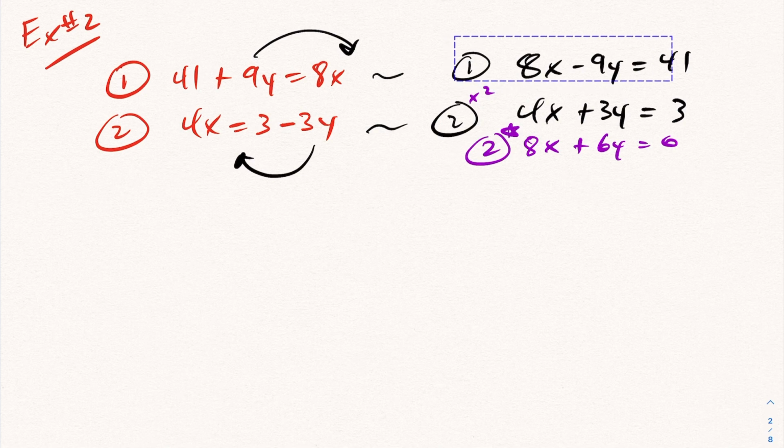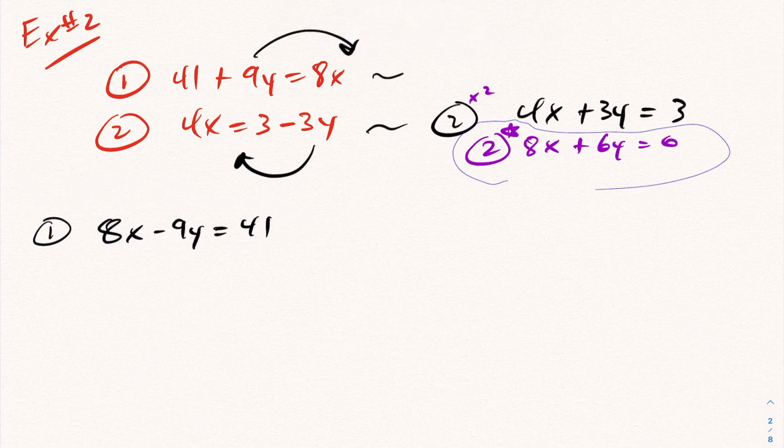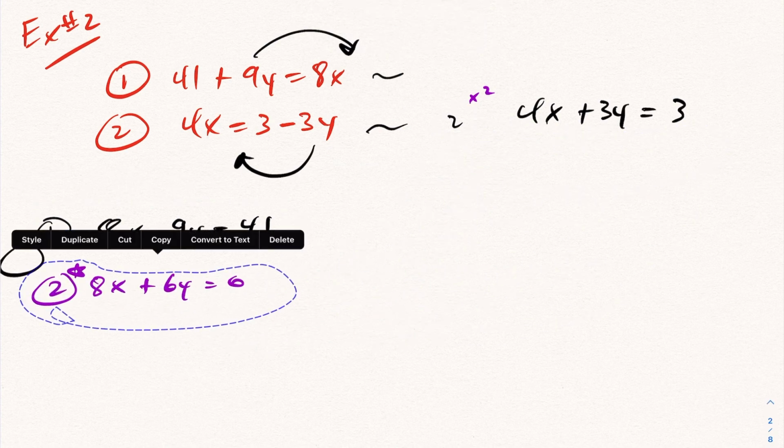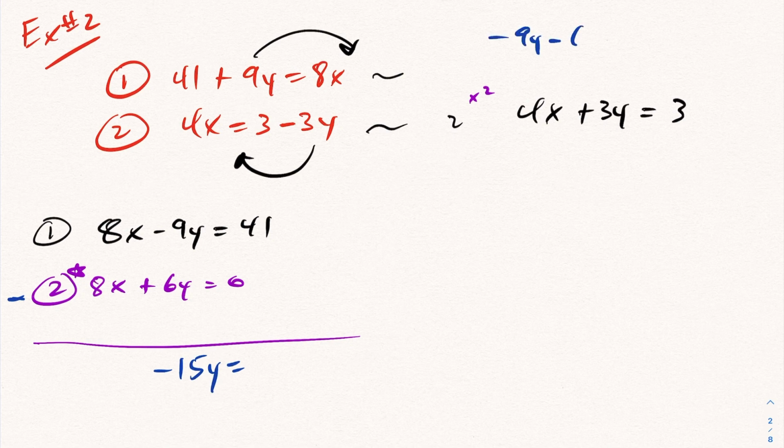So now if you take equation 1 and then I take equation 2, I can go ahead and do elimination on this just by going through the operation of subtraction. So the 8x's will cancel and I'll be left with minus 15y, right? And again, how I got that was negative 9y minus positive 6y is your negative 15y, and then 41 minus 6 is going to be